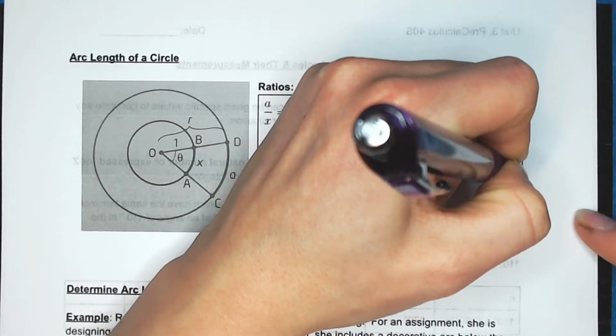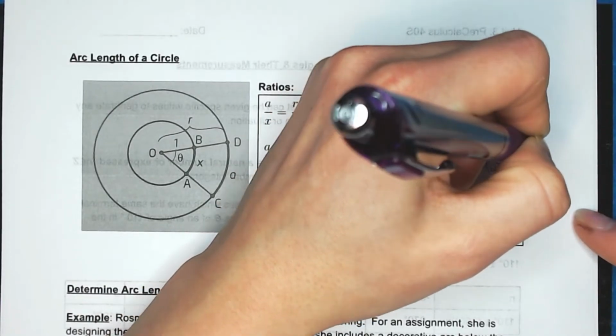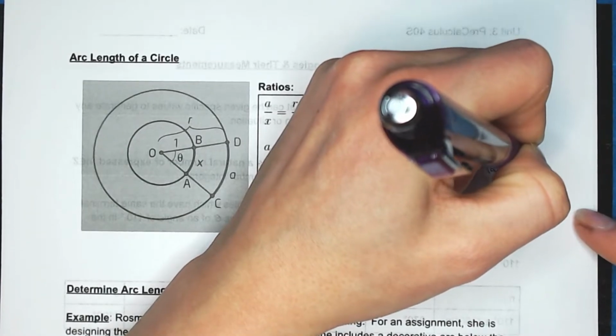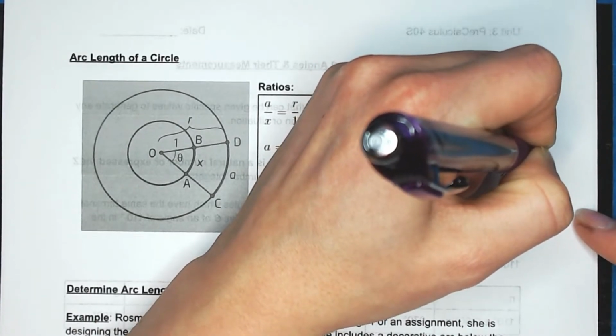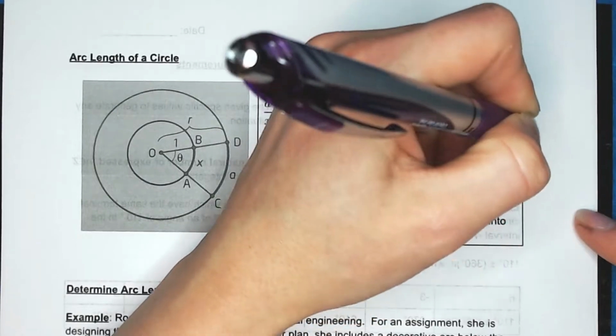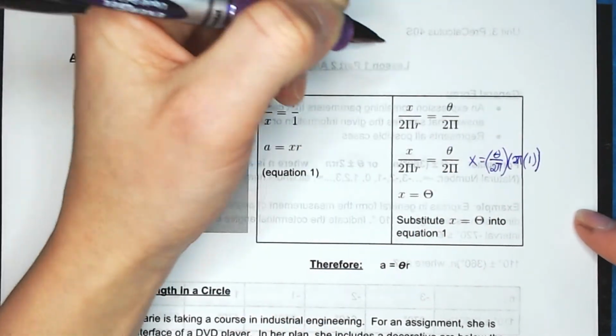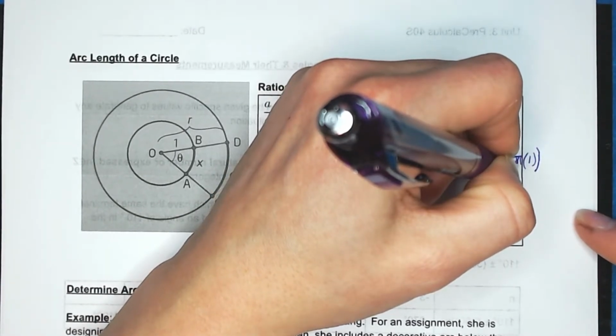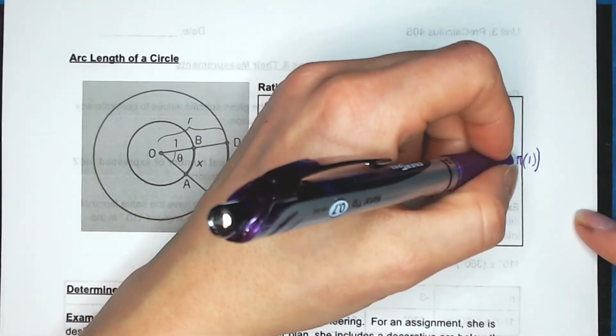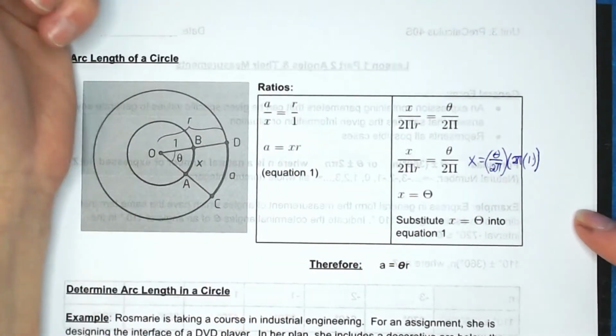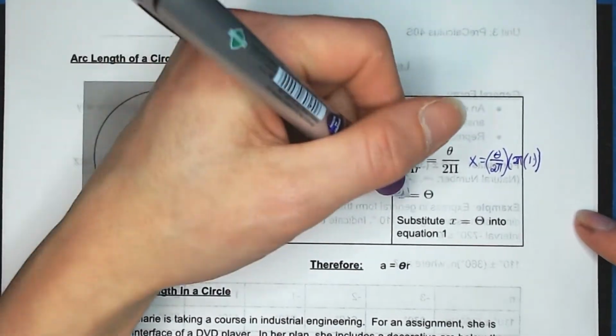2 pi times, sorry, it's going to go a little outside the thing here, 2 pi times the radius, which we know is 1. Okay, now 2 pi divided by 2 pi is of course 1, and then 1 times 1 is 1. So all we're actually left with on the right hand side is theta, and that's how we get down to